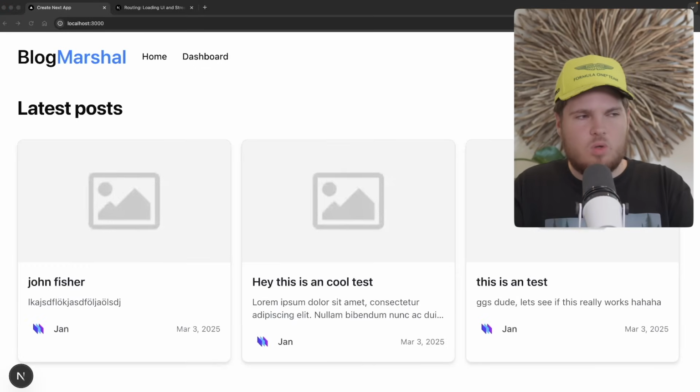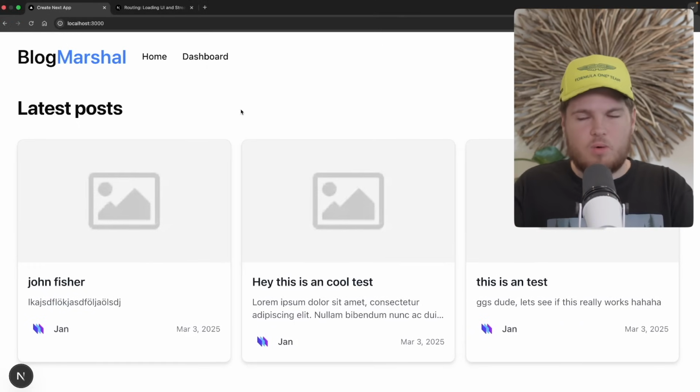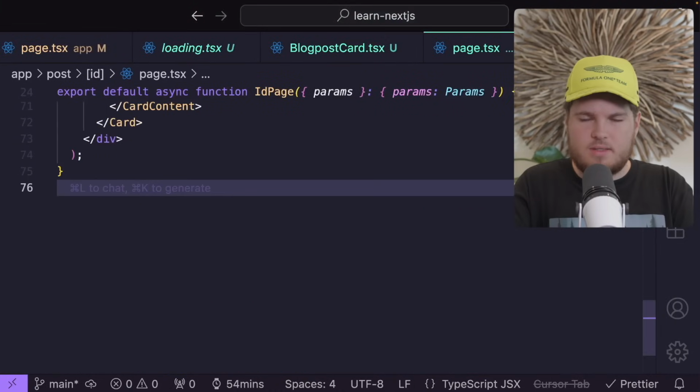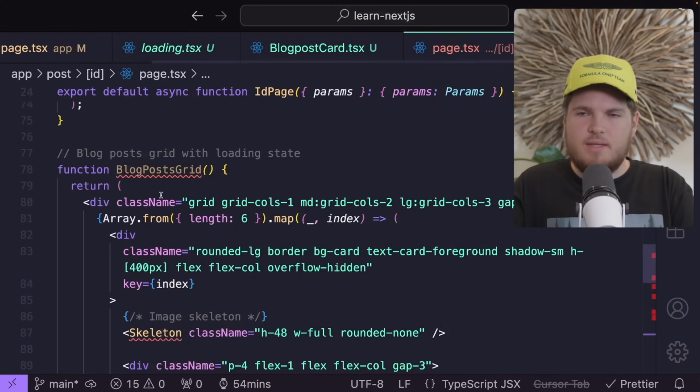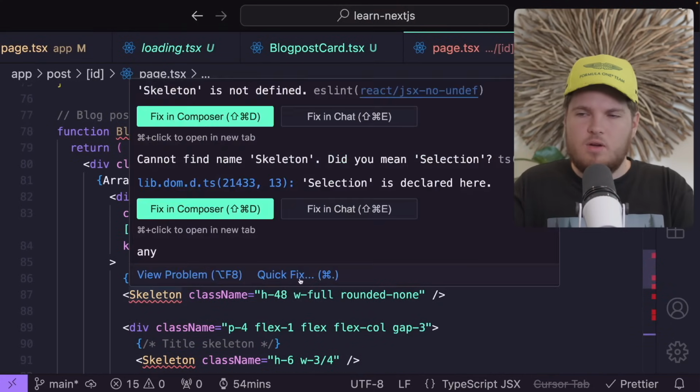This of course does not look very nice. So here's what we'll do. Creating a custom fallback would be very time consuming right now, so please go to my GitHub repo and then just copy paste it. So I have right here now pasted in function blog post grid, and inside of here at the end of